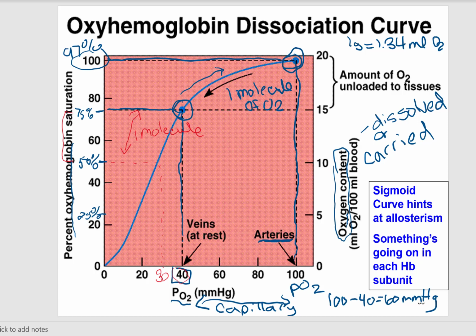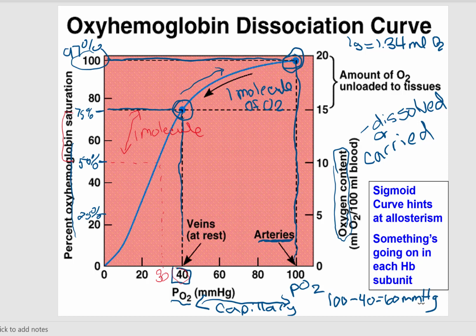This is what we mean by allosteric interactions. Something is changing in one part of hemoglobin that affects the other parts. One globin chain with its heme group losing one molecule of oxygen requires a big difference of partial pressure, a change of 100 to 40 millimeters of mercury. That's a difference of 60 millimeters of mercury. But then the second one to come off from the second globin chain only required a difference of about 10